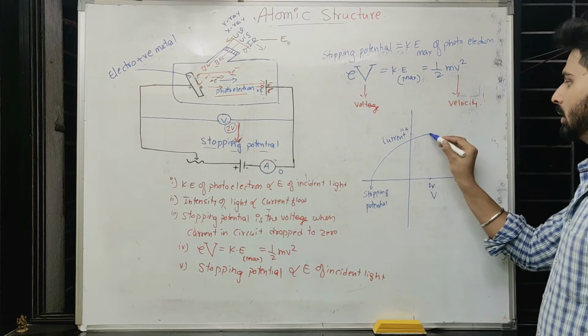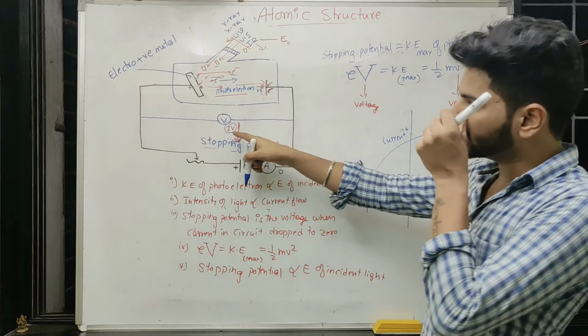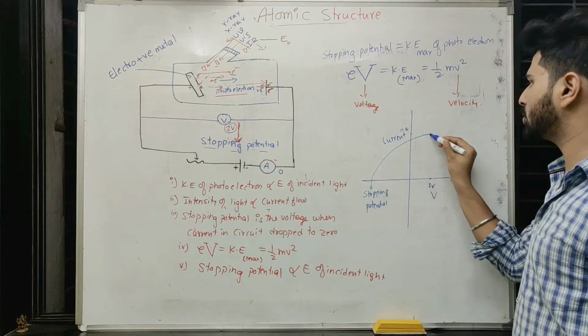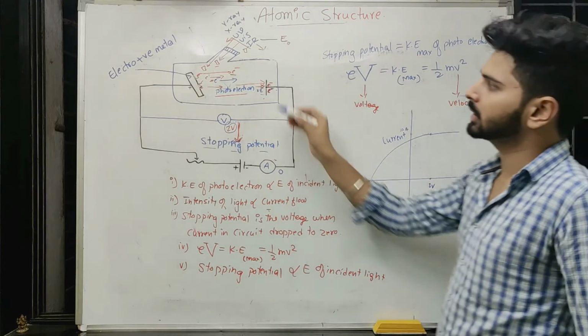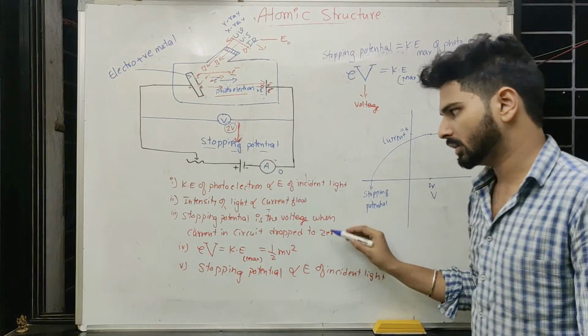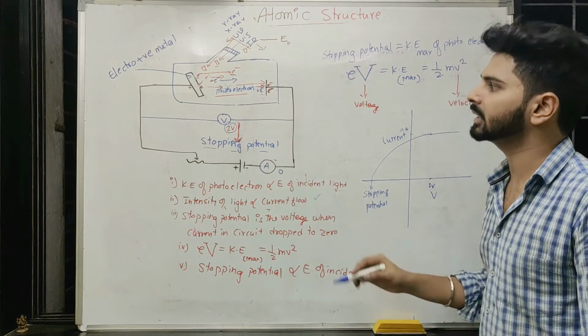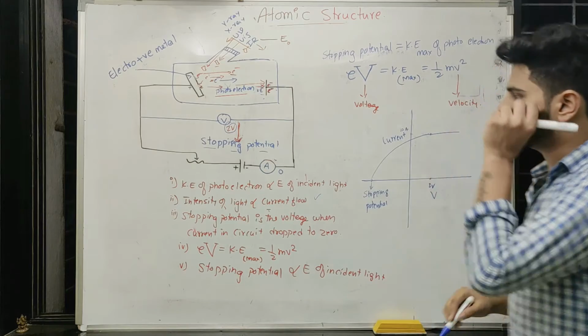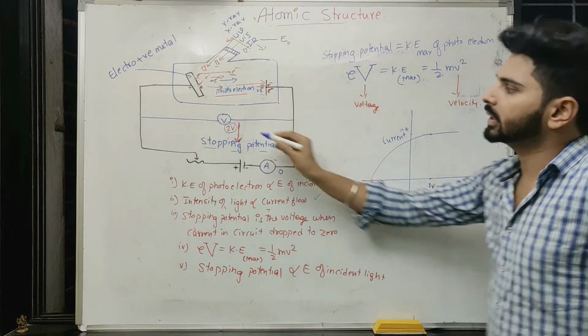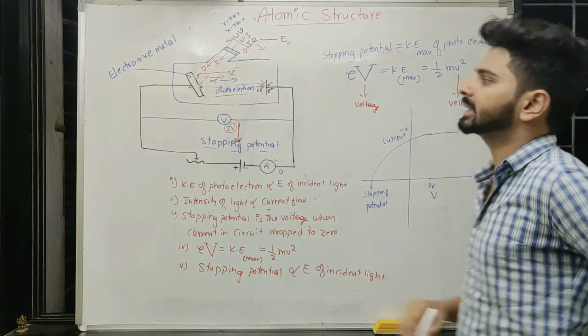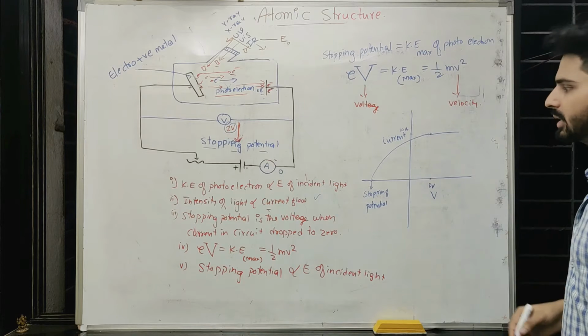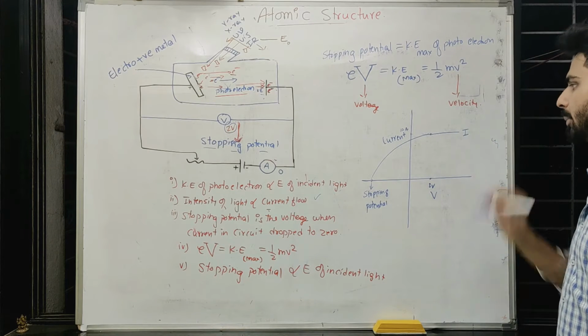So remember, if I am doing this in the positive direction, it is not going to affect the current. Why? Because current mainly depends on the intensity of the light, it does not depend on the kinetic energy. So that is why this voltage won't affect the passage of electricity if it is in the positive direction, so that will remain the same. I keep it as current like this.